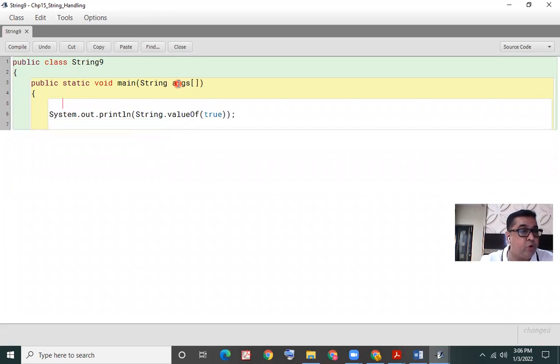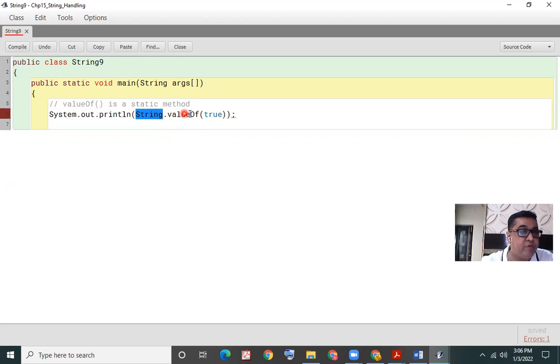One more thing I want to mention about this valueOf method is that it is a static method. Earlier in the first semester we had learned about static and non-static methods. A static method is one which can be called by using the class name.